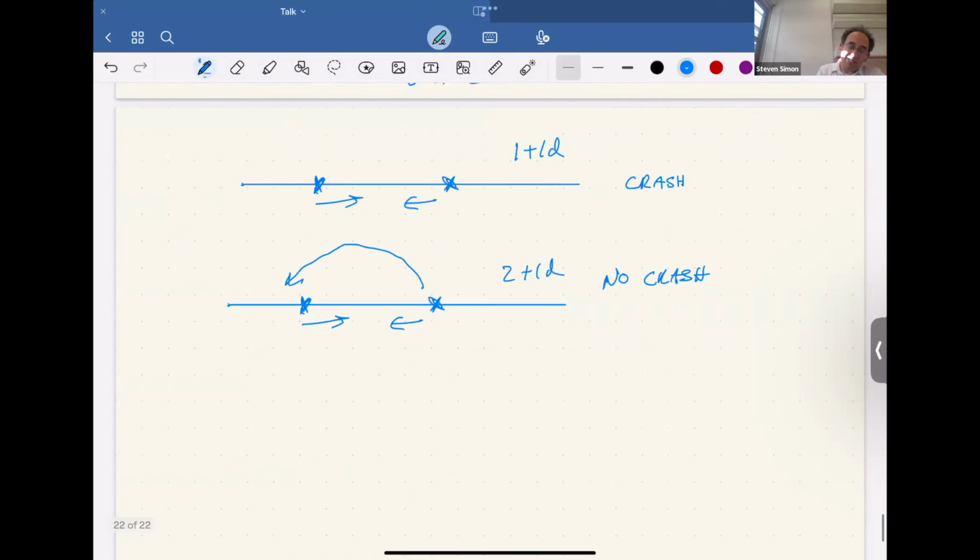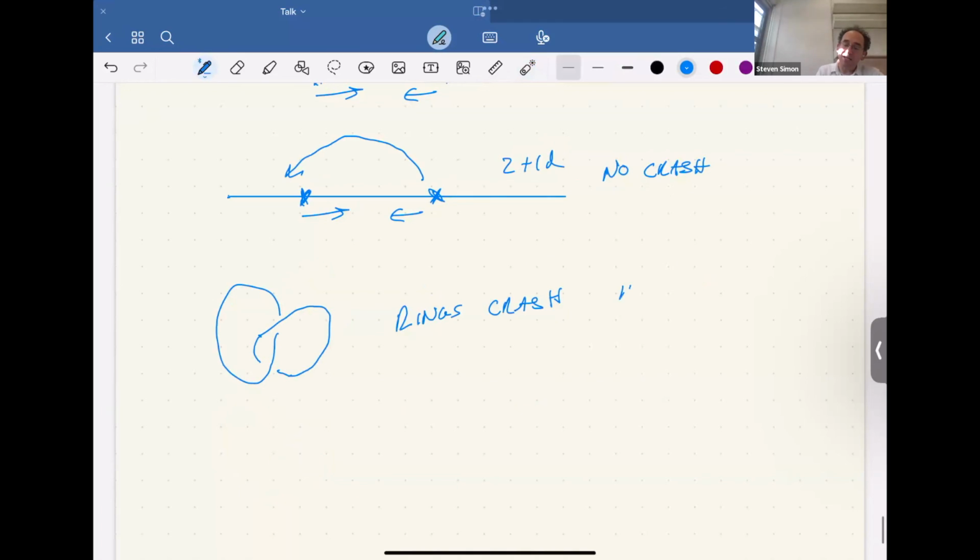Now let's imagine having some linked world lines like this, and I'm going to look at this region here and ask whether I can unlink these rings without crashing the 2 strings into each other. And obviously, these 2 rings will crash if I try to pull them apart, in 2 plus 1D. 2 plus 1 equals 3D. But if I'm in 3 plus 1D,